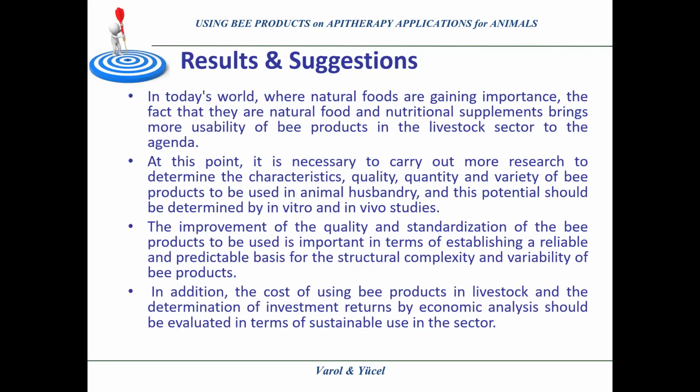If we look at the results and suggestions, in today's world, where natural foods are gaining importance, the fact that they are natural food and nutritional supplements brings more usability of bee products in the livestock sector to the agenda. At this point, it is necessary to carry out more research to determine the characteristics, quality, quantity, and variety of bee products to be used in animal husbandry, and its potential should be determined by in vitro and in vivo studies. In the improvement of quality, the standardization of the bee products to be used is important in